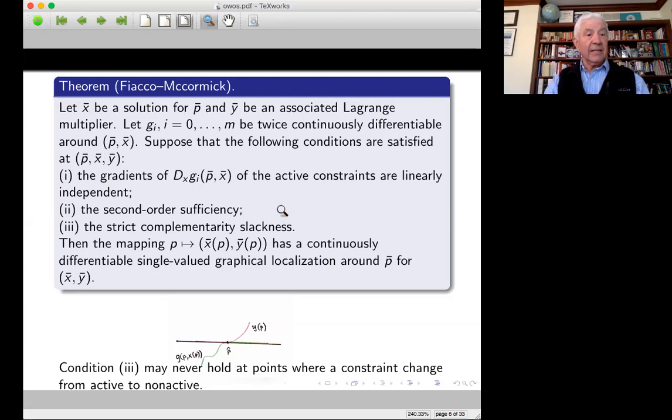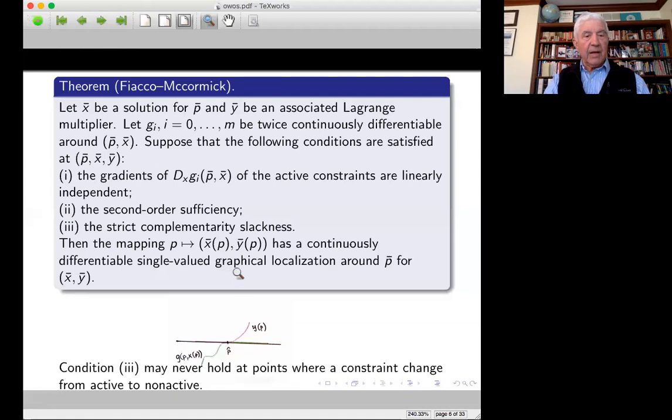Then the second, the sufficient condition holds, which is also something that might be expected. And the third one is the strict complementarity slackness condition. Then if these three conditions hold, the mapping from P, acting from P to the set of solutions coupled with the Lagrange multiplier, has a continuously differentiable single-valued graphical localization around P bar for X bar, Y